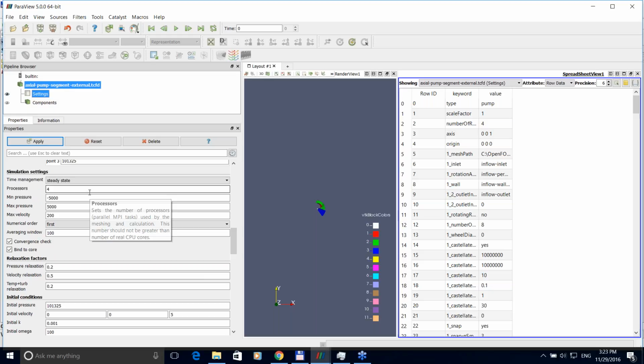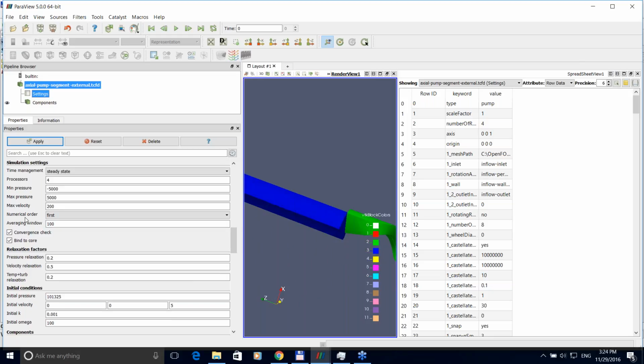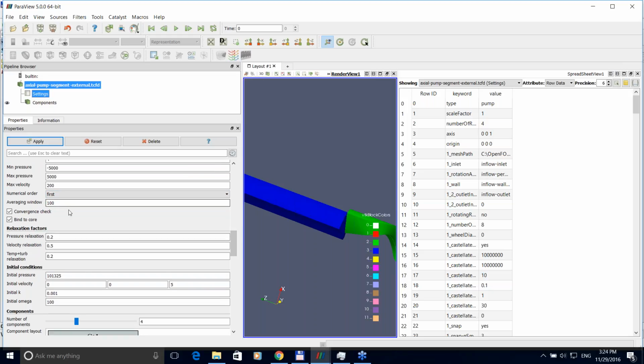Simulation settings. This case is run as steady state because, as you can see here, here is the input geometry. It consists of just segments. The white one is the inlet pipe, the red one is the rotor part, here are the stator blades inside this green region, and the outlet pipe is the blue region. You can choose between first and second order numerical schemes. Here you can set up the averaging window